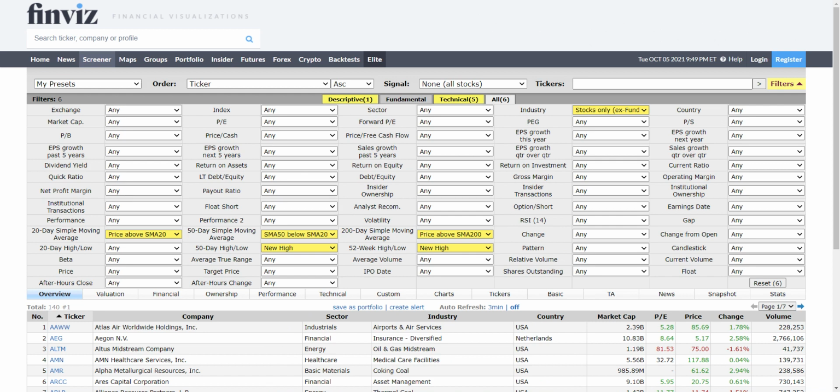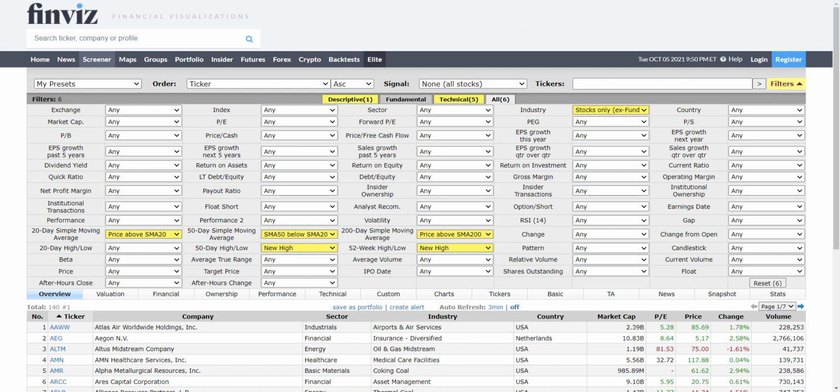Then we want the return on equity. What does that have to do with us? As you can see, if you hover the mouse over it, it says it's a measure of a corporation's profitability that reveals how much profit a company generates with the money shareholders have invested. It's calculated as net income divided by shareholders' equity. If we're choosing this kind of stock, we want the stock to be profitable, and we want it to be